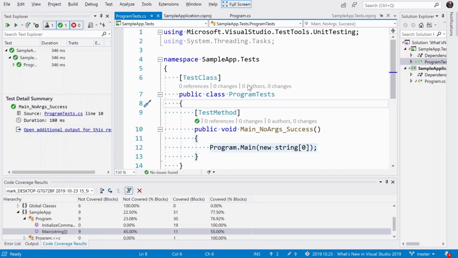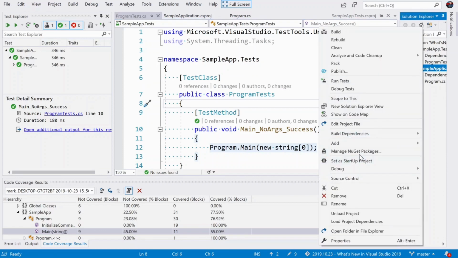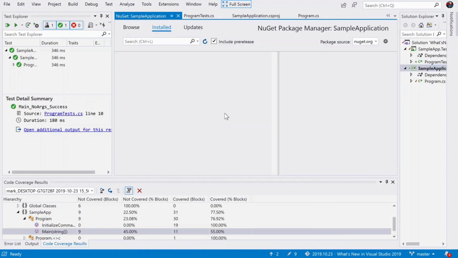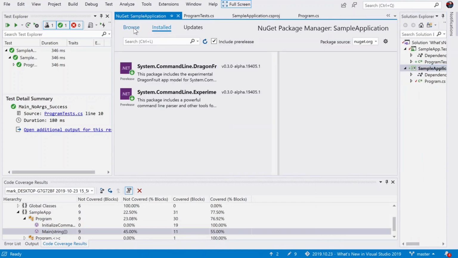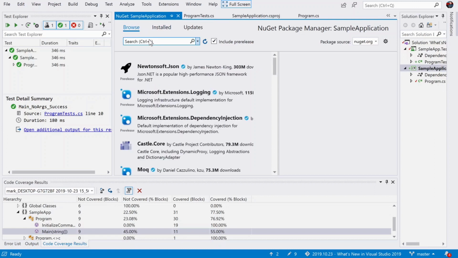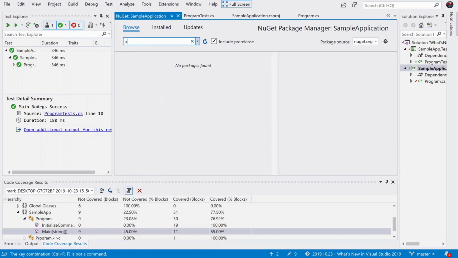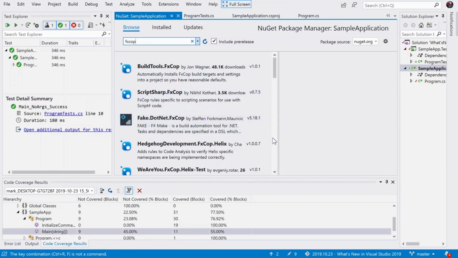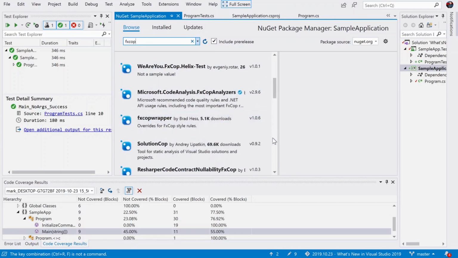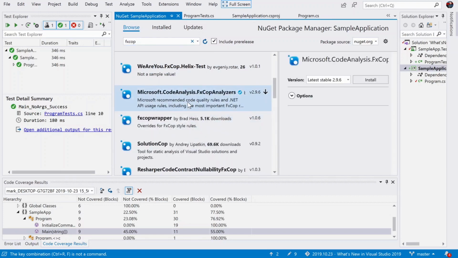Instead, what you want to do is go ahead and install the code analysis packages. So I'm going to go ahead and right-click on here and do Manage NuGet Packages. And I'm going to do a browse. And I'm going to type fxcop using the old name. Whoops, I should do an fx. So I would choose this one